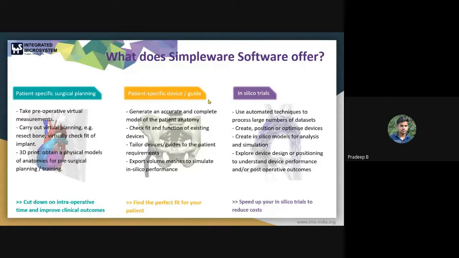Okay, so what does the Simpleware software offer? It can offer patient-specific surgical planning, so you can take pre-operative virtual measurements, or you can carry out the virtual